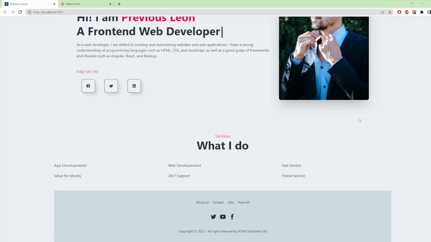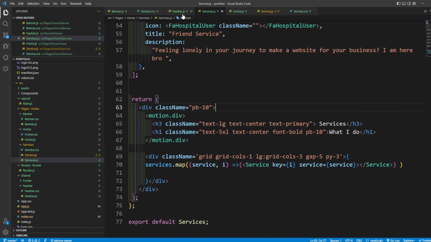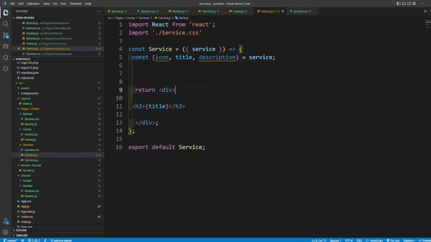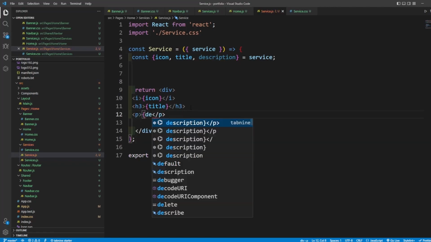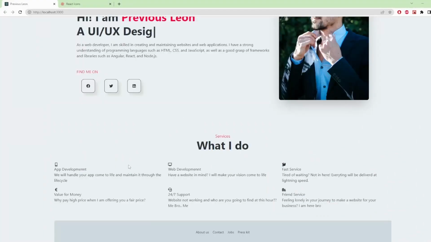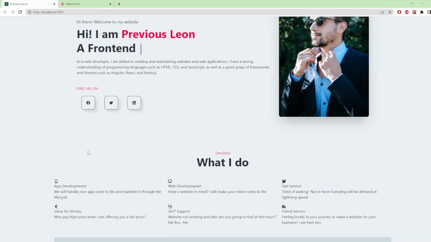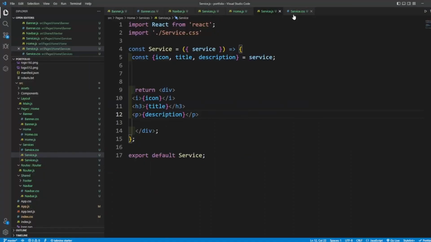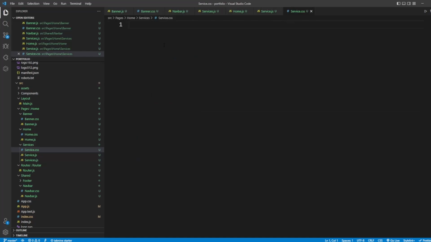Now we are going to style it. So we are going to style this thing. We have icon. Okay, I'm going to take icon first. Let me somewhat style that, and then we're going to fix it. Then p is going to be description. Okay, let's see. We have gotten all the icons and everything. Now let me give them some CSS styling,